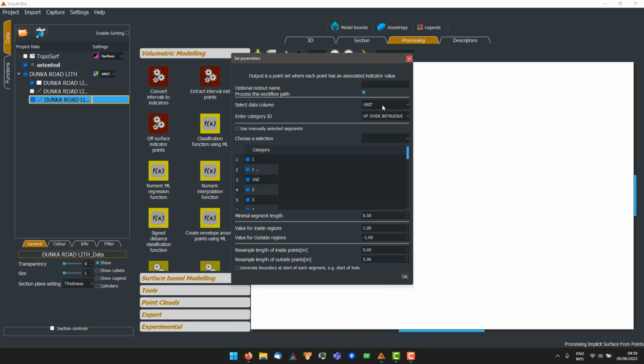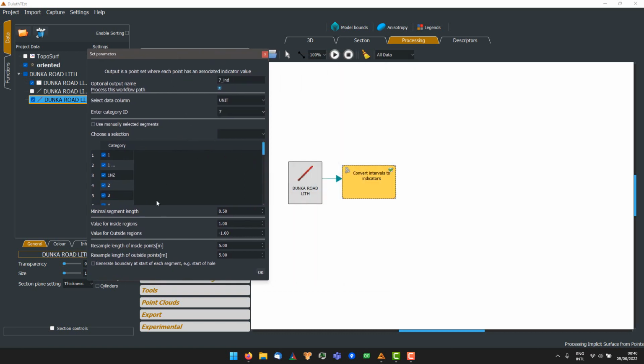So at the top we have the attribute, the data column on your drill data, and then you can select which category you want to model. We have a number of categories here. I haven't cleaned this up, and I'll show you in another video how you could do that. At the moment we just say we want unit 7, which is the topmost unit,